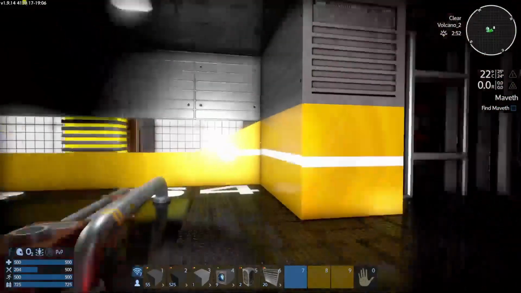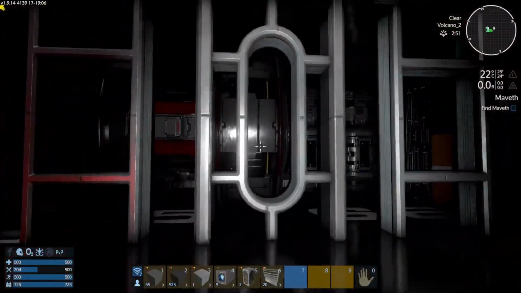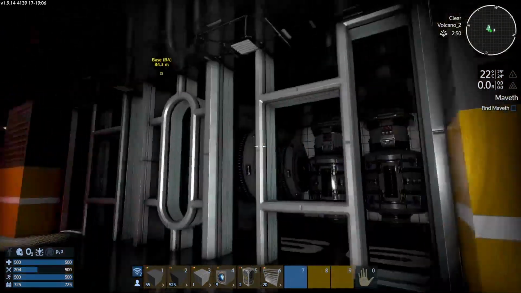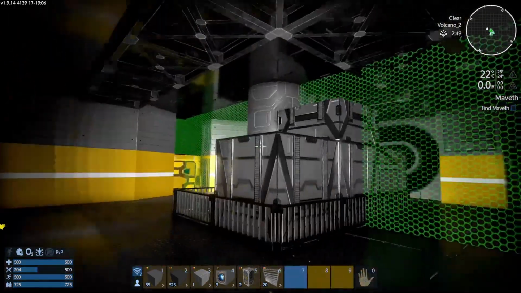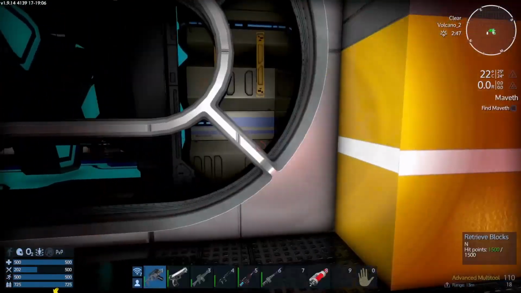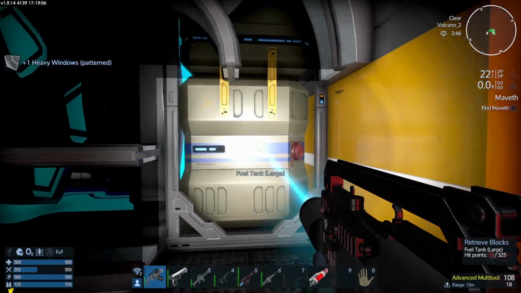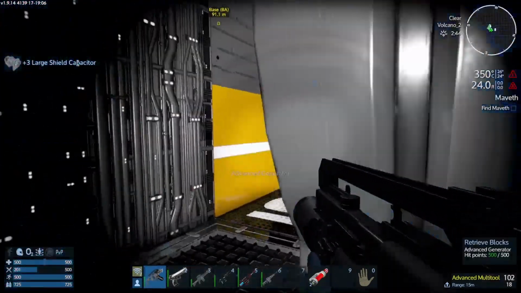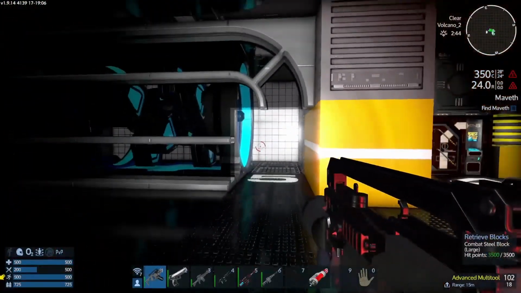Oh, so harvest guy. But inside of here, extra... No, that was a capacitor. That's the charger. Added extra chargers. I think on the backside of this, because I added extra fuel tanks. Take these fuel tanks. Yeah. 3 capacitors, which can go...